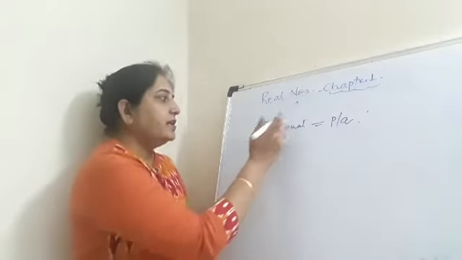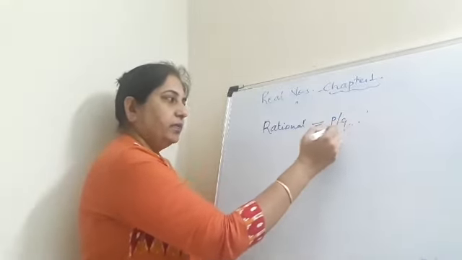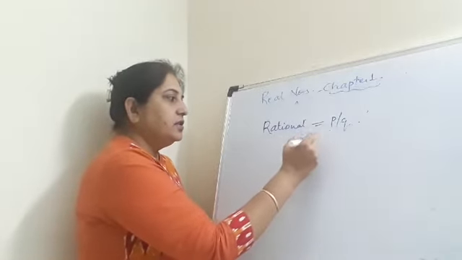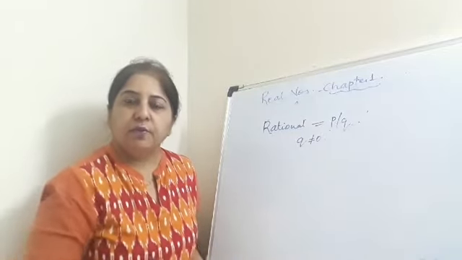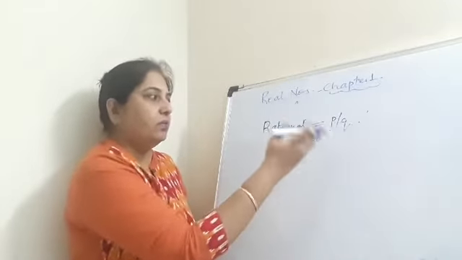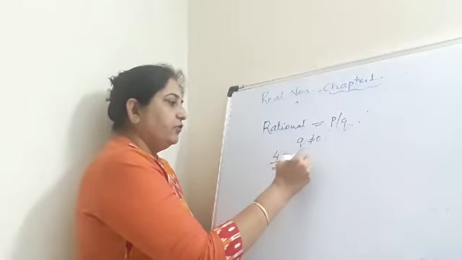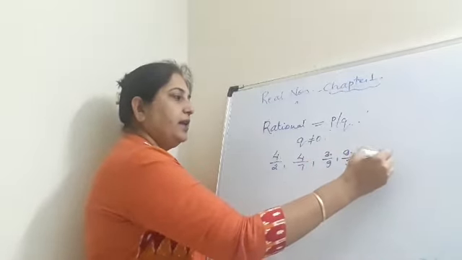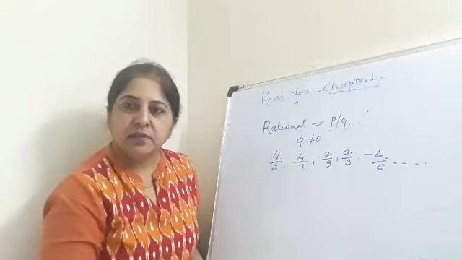Okay. Now, when I say what is a rational number, we write the rational numbers in the form of P by Q. That is, it is numerator and denominator. And the condition is Q should not be equal to 0. That denominator can never be 0. Then those type of numbers represented in this form are called rational numbers. Now, I can write 4 by 2, I can write 4 by 7, 3 by 9 or 9 by 3, minus 4 upon 6. These are all rational numbers. The rational numbers can be positive and negative.